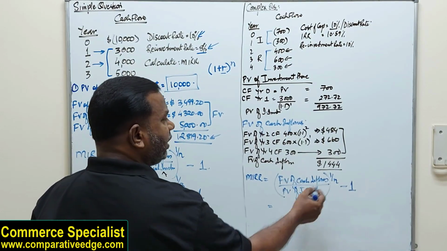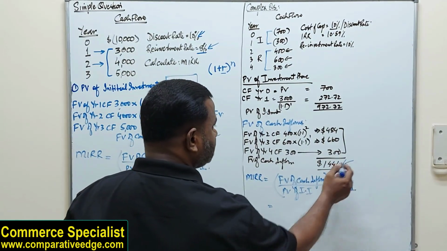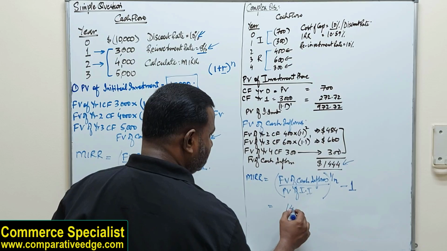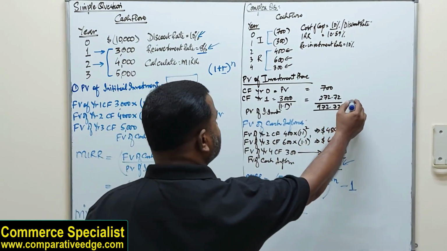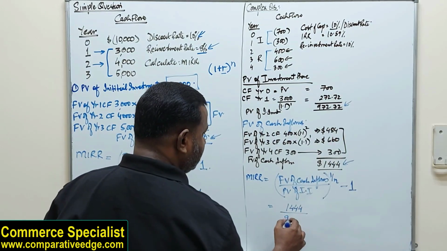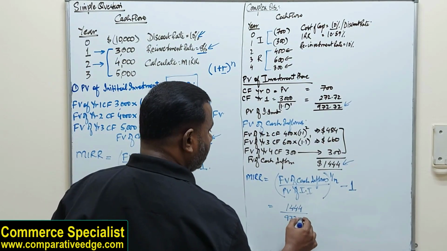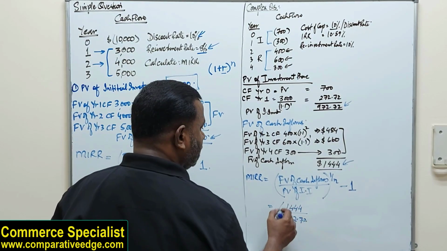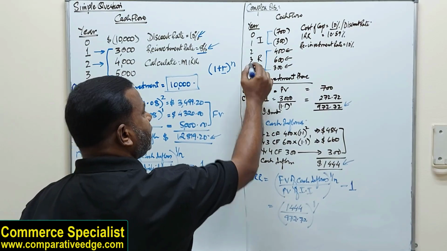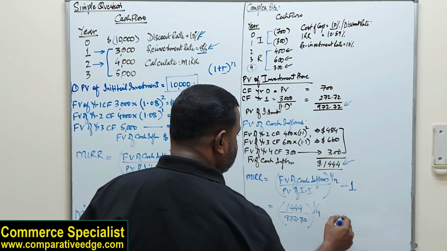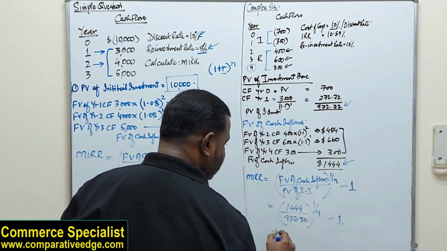So here future value of cash inflows is 1,444. Present value of initial investment is 972.72. Whole thing to the power 1 upon n. 1 upon project life is still 4 years, so 1 upon 4, whole thing minus 1